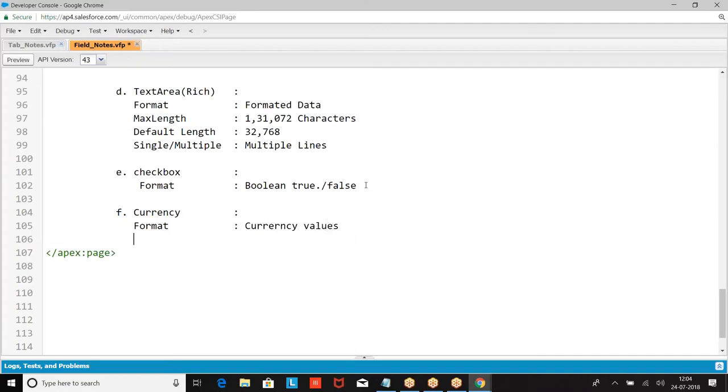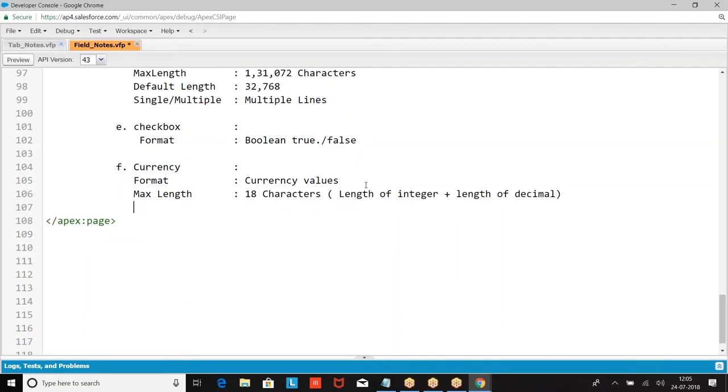Then max length, 18 characters: length of integer plus length of decimal both together 18 characters.